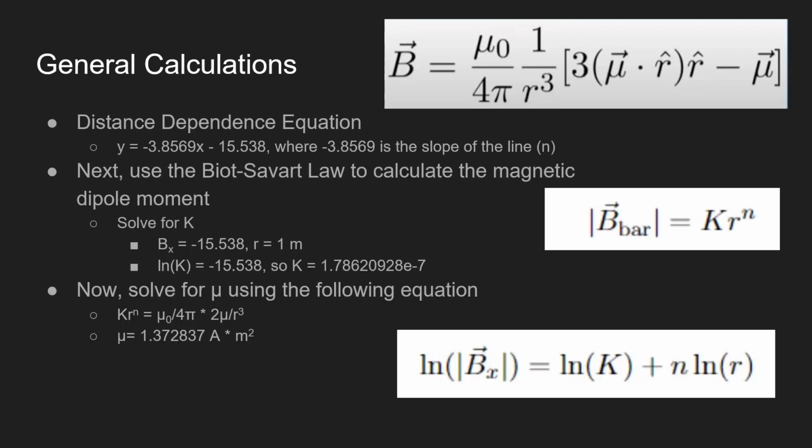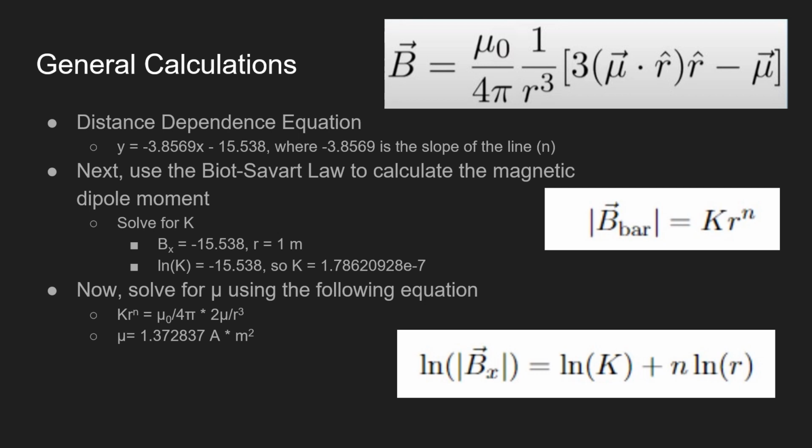For general calculations in this lab, we use the distance dependence equation, which, as you saw on the last slide, was y equals negative 3.8569x minus 15.538, where negative 3.8569 was the slope of the line, or n. Next, we used the Biot-Savart law to calculate the magnetic dipole moment. We solved for k, and B of x came out to be negative 15.538, where r was 1 meter, and then the natural log of k was